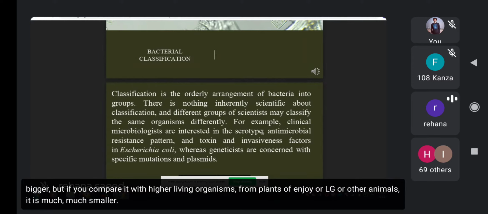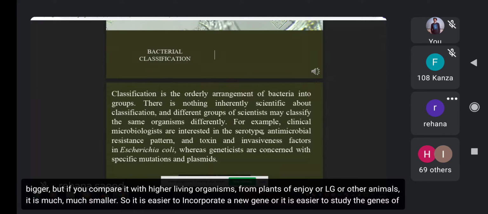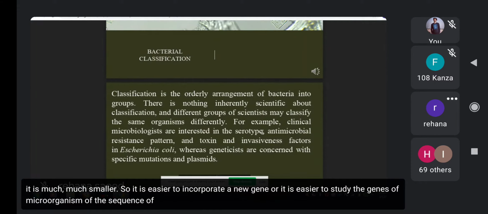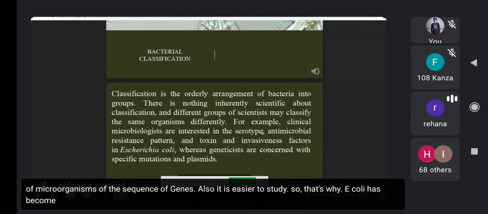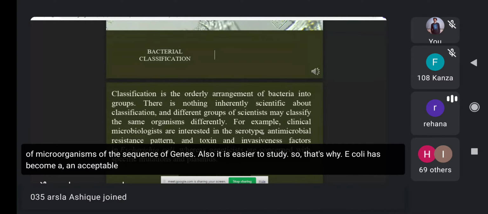So it is easier to incorporate a new gene, or easier to study the genes of a microorganism, or the sequence of genes also. So that's why E. coli has become an acceptable, or workable, experimental model in case of